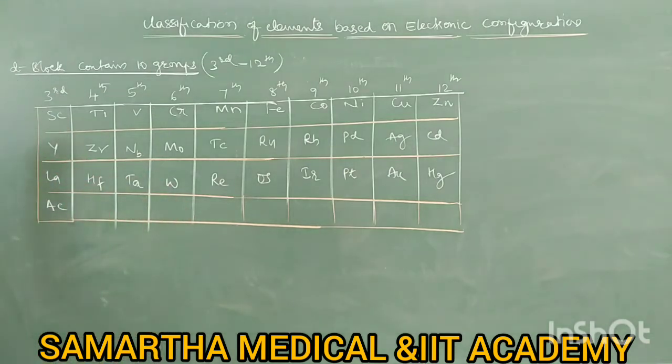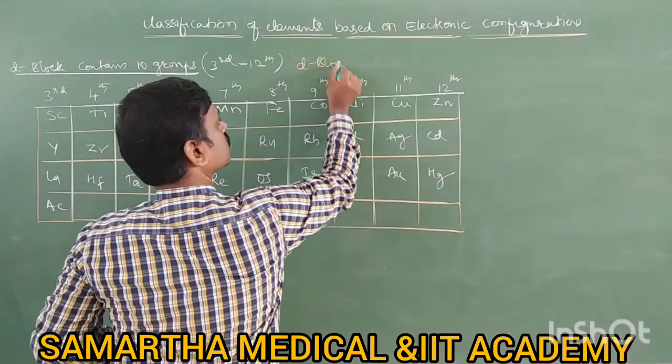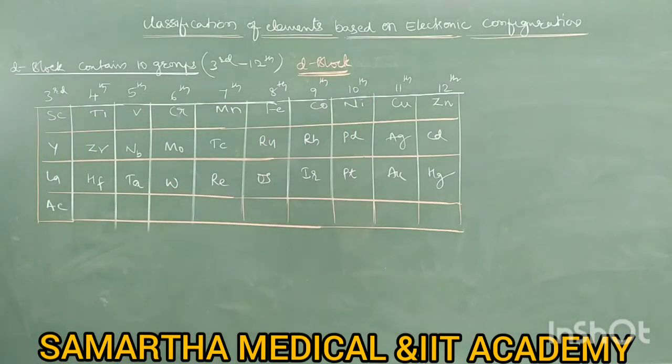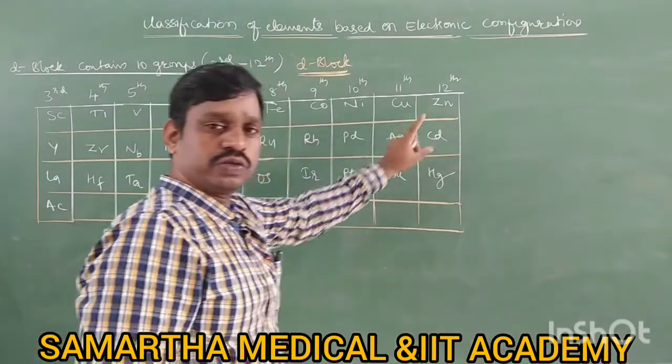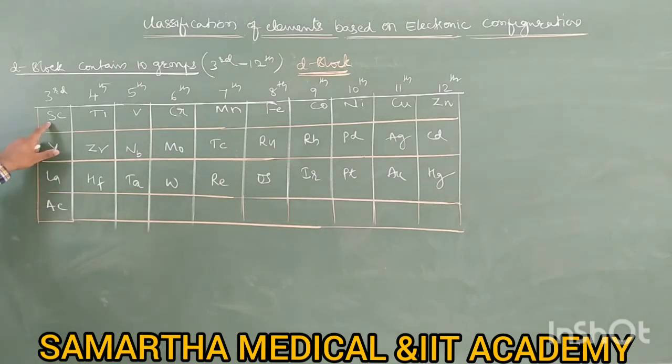Right. So therefore, the third group to the 12th group elements, these are called what? D block elements, no? So all these elements are d block elements. So how many total groups does the d block have? There are 10 groups, 1, 2, 3, 4, 5, 6, 7, 8, 9, 10, that is from the third group to the 12th group. Right? What are the third group elements? Scandium, yttrium, lanthanum, actinium. Right? You need to remember the names. Scandium, yttrium, lanthanum, actinium. Third group.